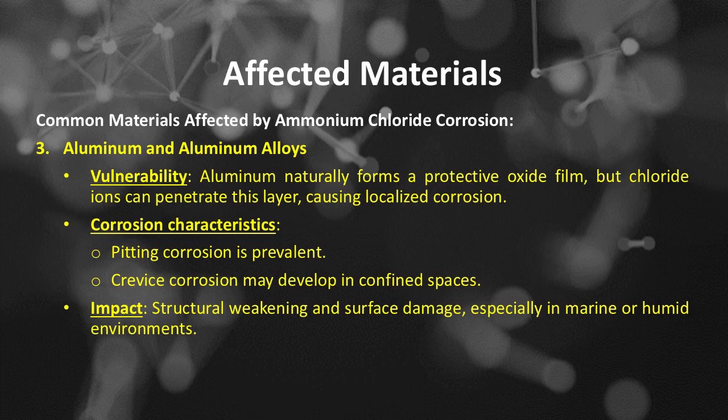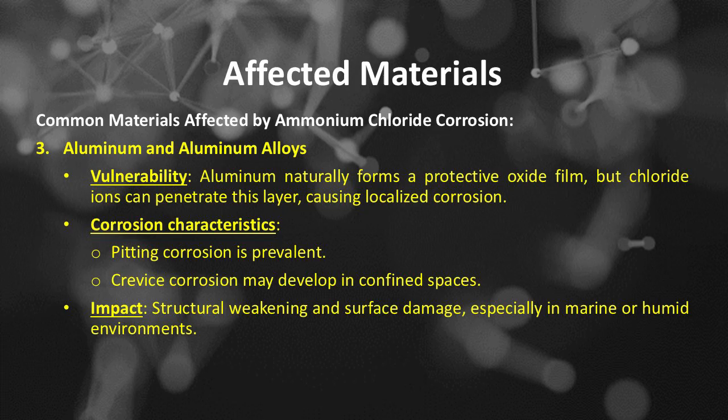the vulnerability of aluminum and aluminum alloys. Aluminum naturally forms a protective oxide film, but chloride ions can penetrate this layer, causing localized corrosion. The corrosion characteristics on aluminum and aluminum alloys: pitting corrosion is prevalent. Crevice corrosion may develop in confined spaces. The impact of ammonium chloride corrosion on aluminum and aluminum alloys: structural weakening and surface damage, especially in marine or